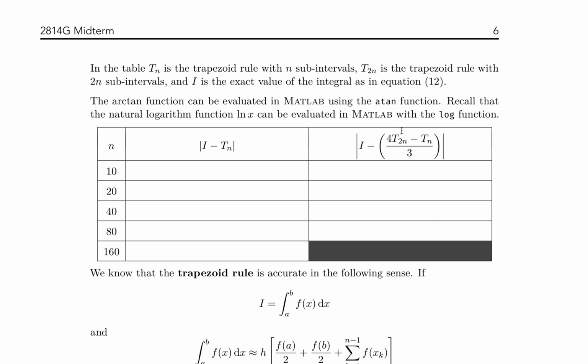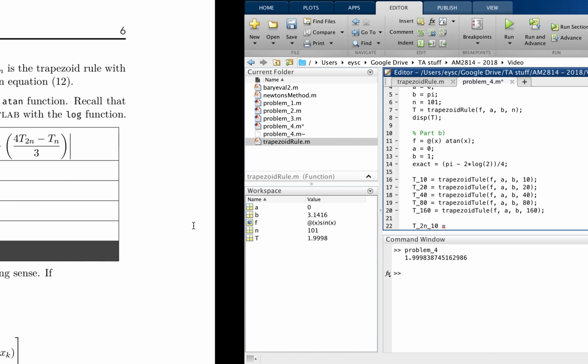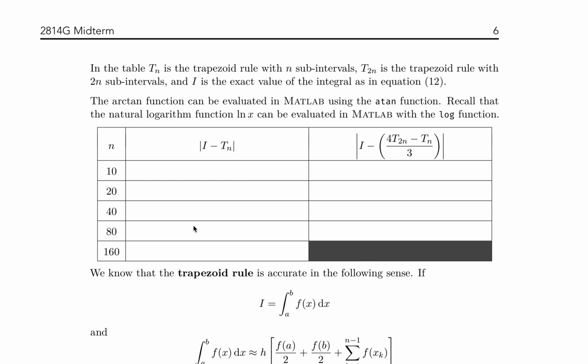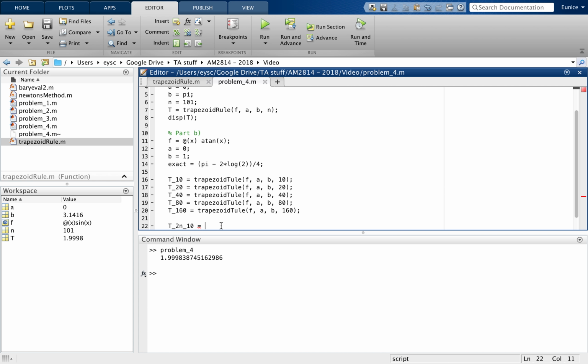Now let's just calculate this over here since we already have all the T values. So we're calculating everything in the big round brackets here. We're just going to call that T2N 10. And we're just referring to this again for Tn minus Tn over 3. So 4 times T20 minus T10 over 3. And we can repeat that again. So we can just copy and paste